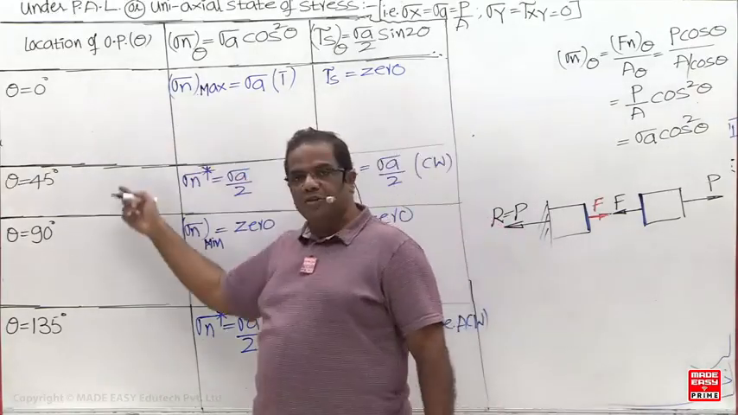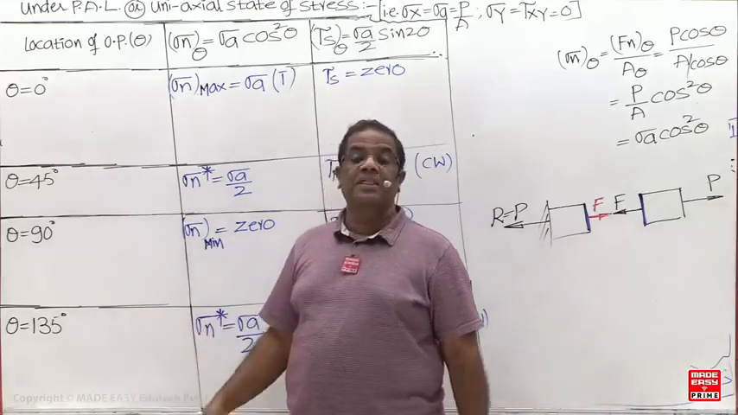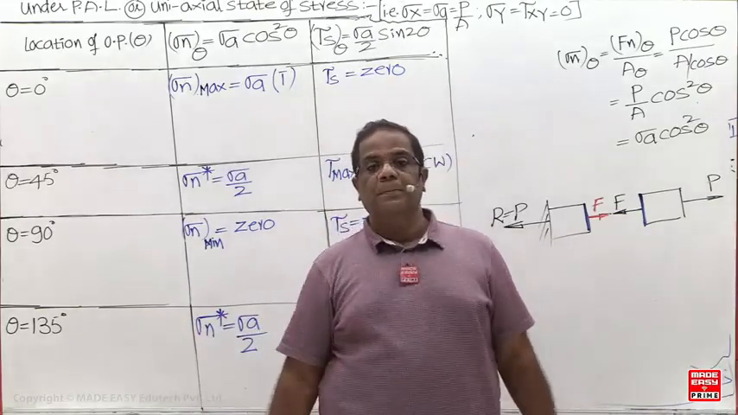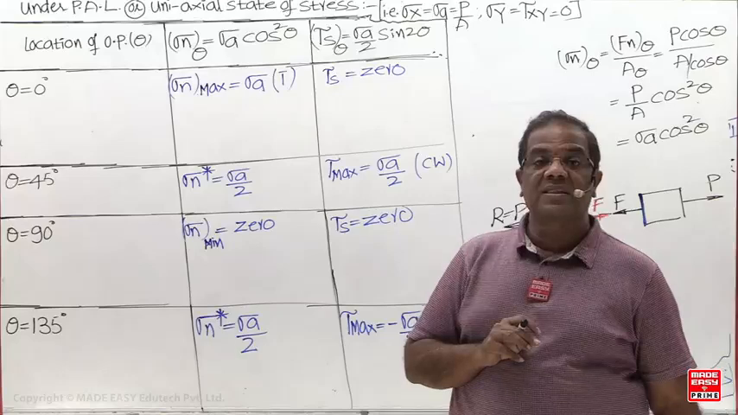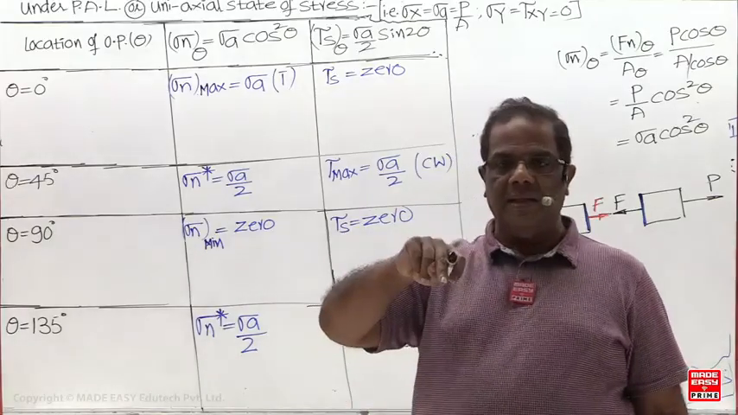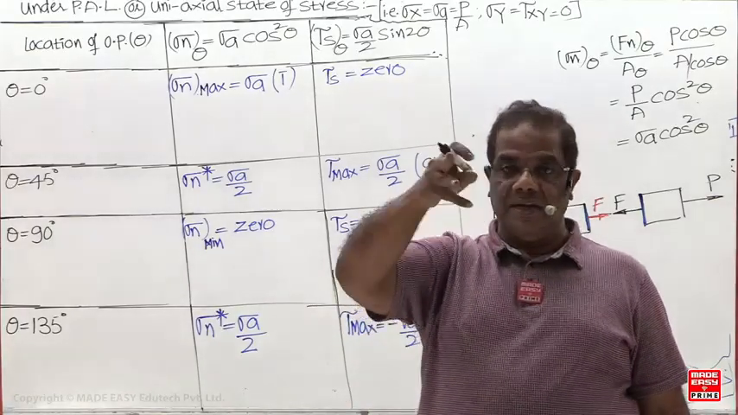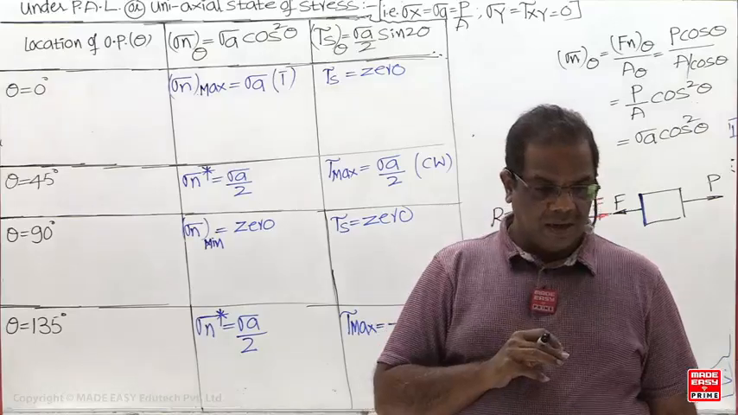Now what is the angle between these two planes? 90 degrees. That's why principal planes are complementary. That's the principal plane definition you have studied. Principal planes are the complementary planes, that is, 90 degree planes, on which